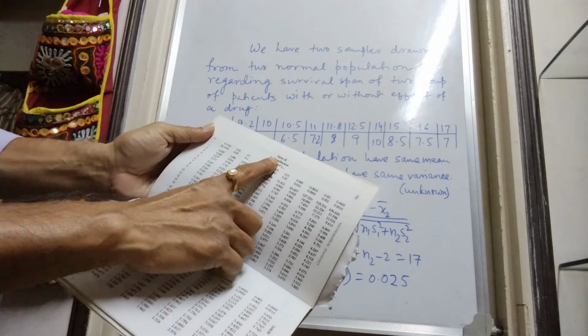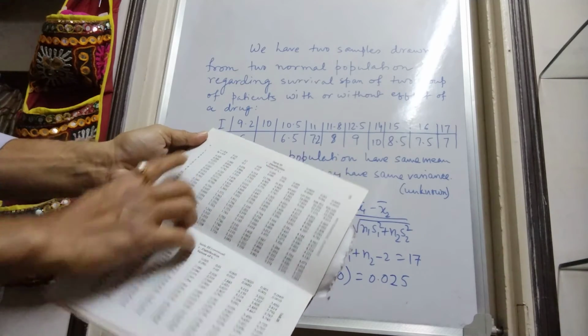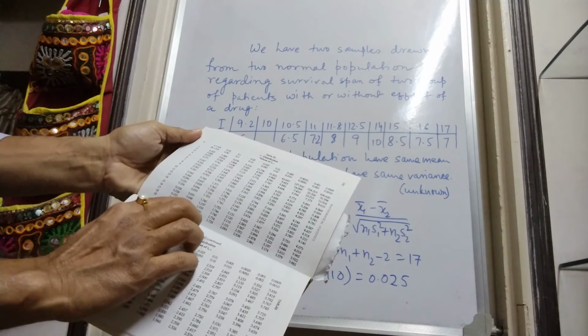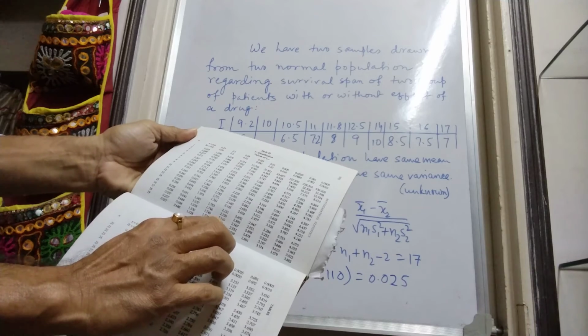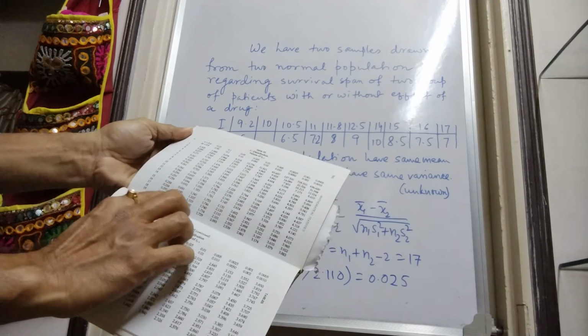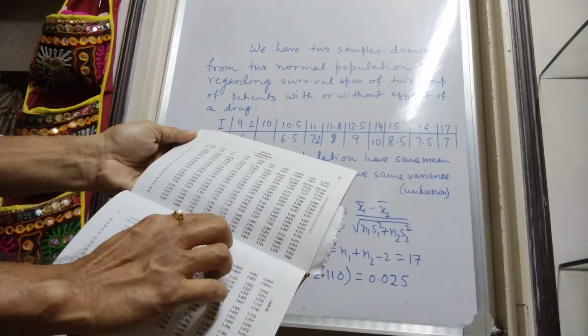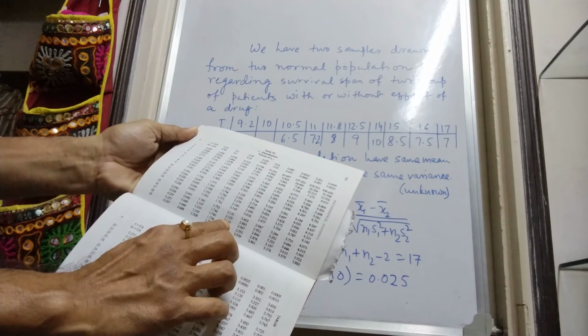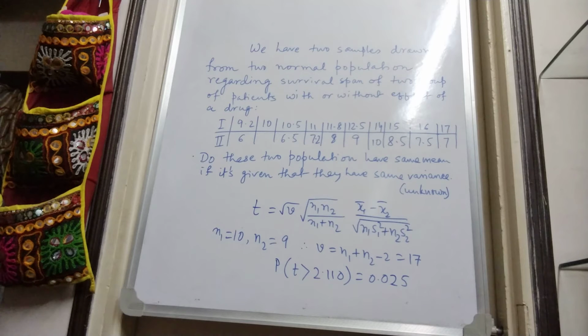This is the t distribution table, and if we find the value of n here and proceed to find the value of 0.025 here, these row and column meet at 2.110. So, this is the value of the probability of